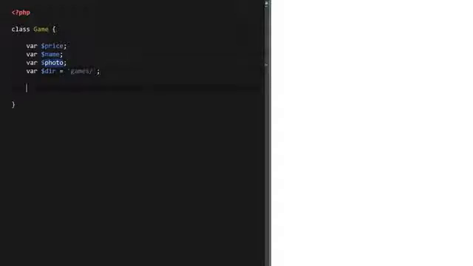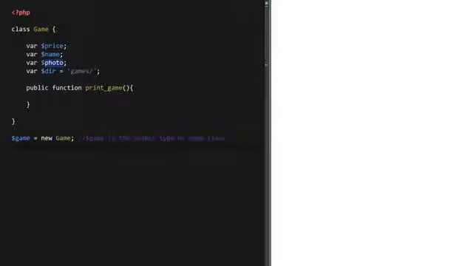Let's just define another method, and this method is going to print game information to the screen. So right now at this point it doesn't really do anything, but let me just show you how to instantiate the object. So if I had a game variable and I said new game, at this point the game variable would become an object of the game class. Game is the object type of game class,